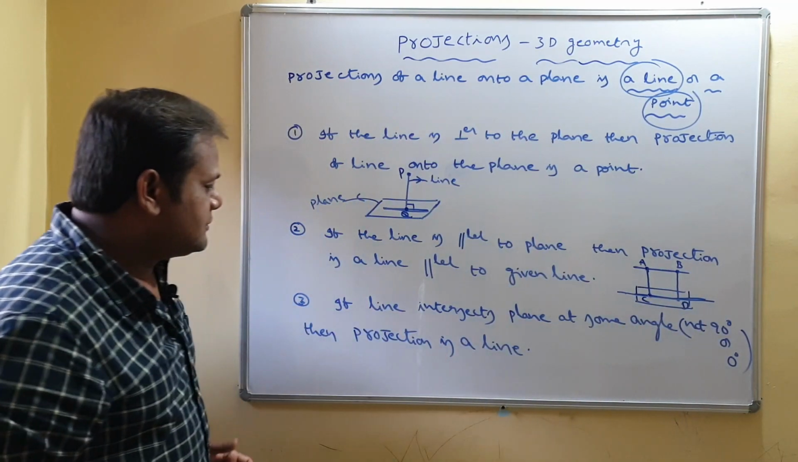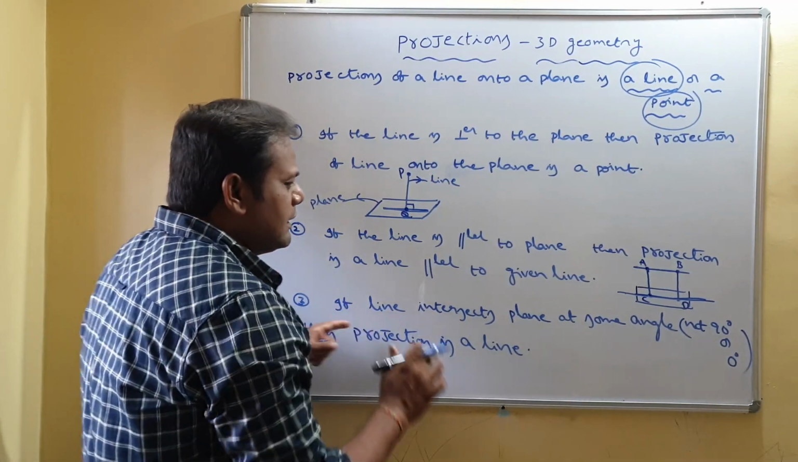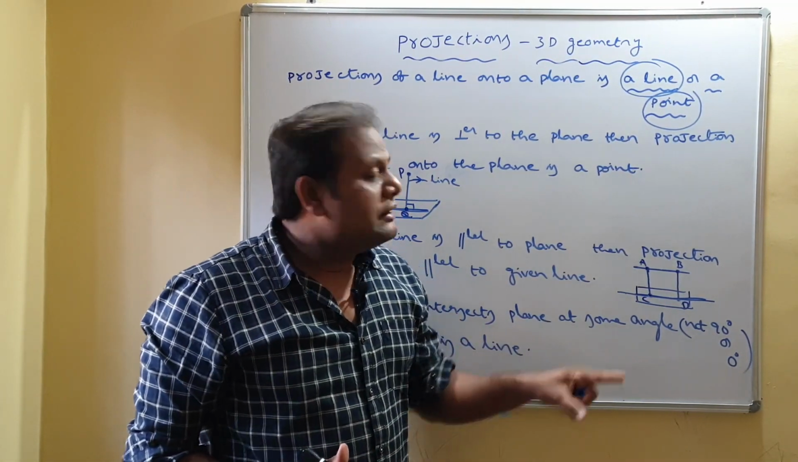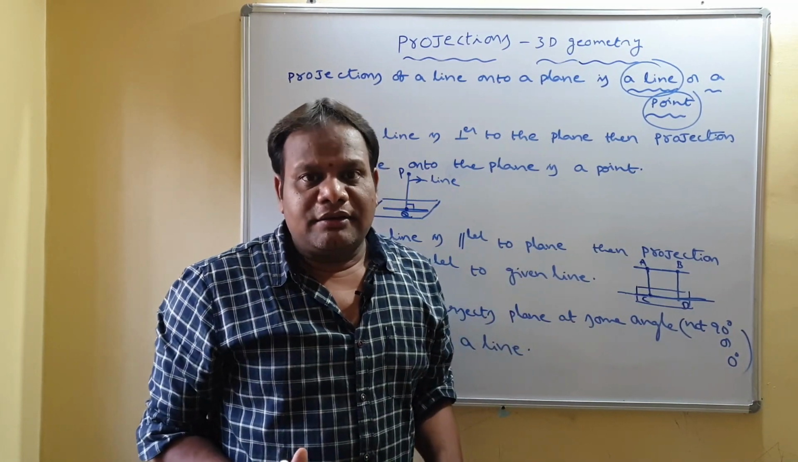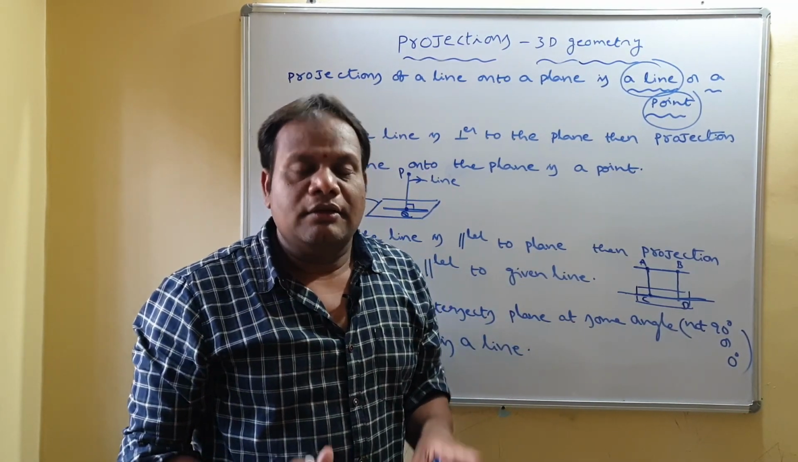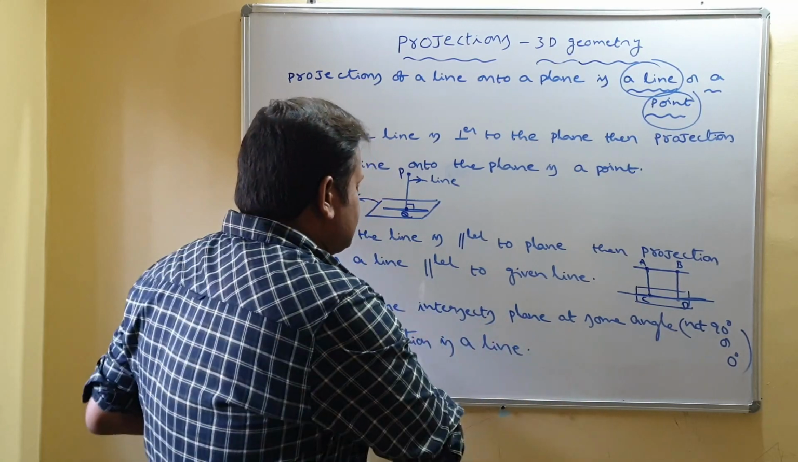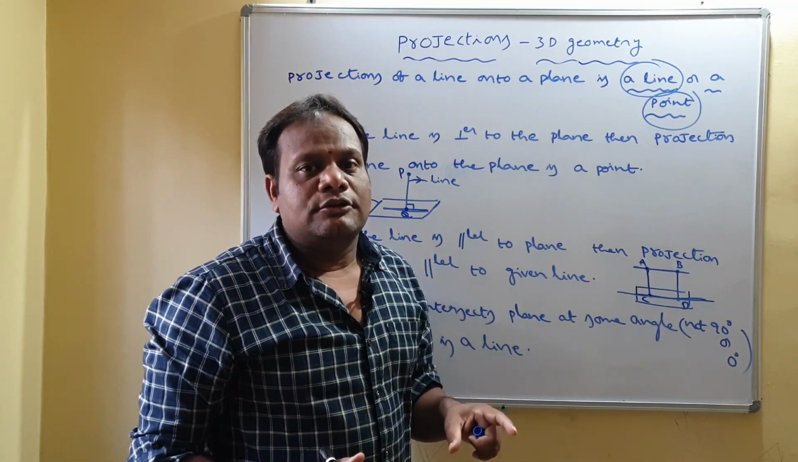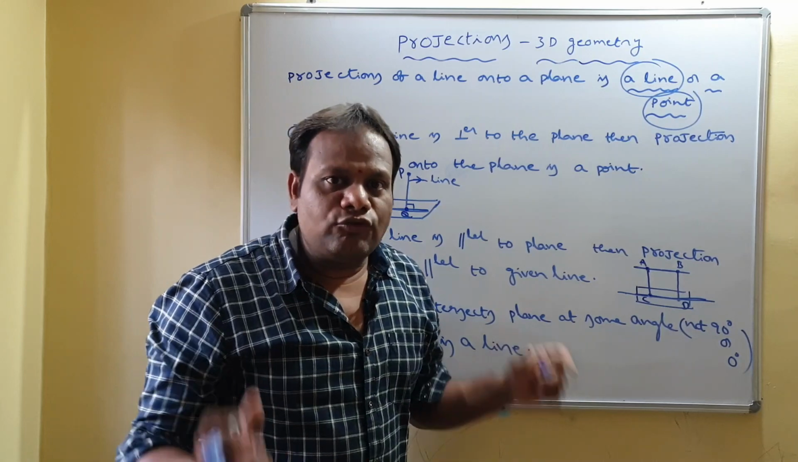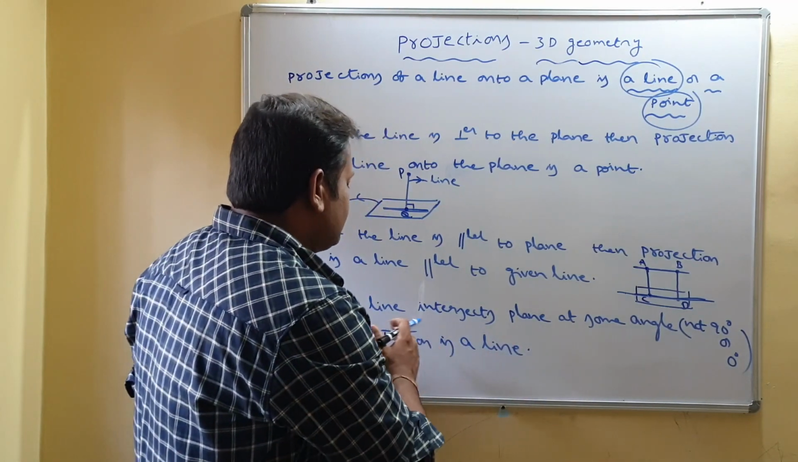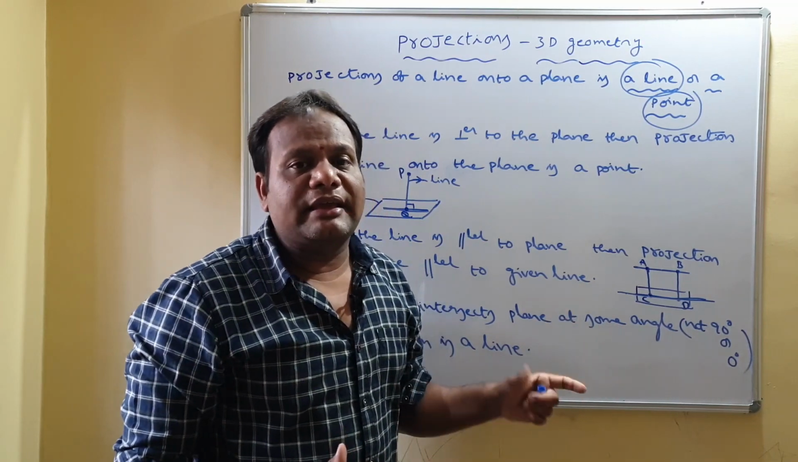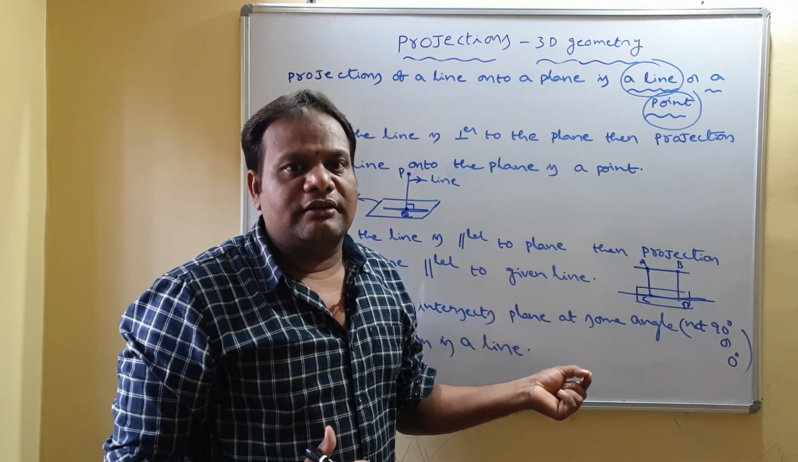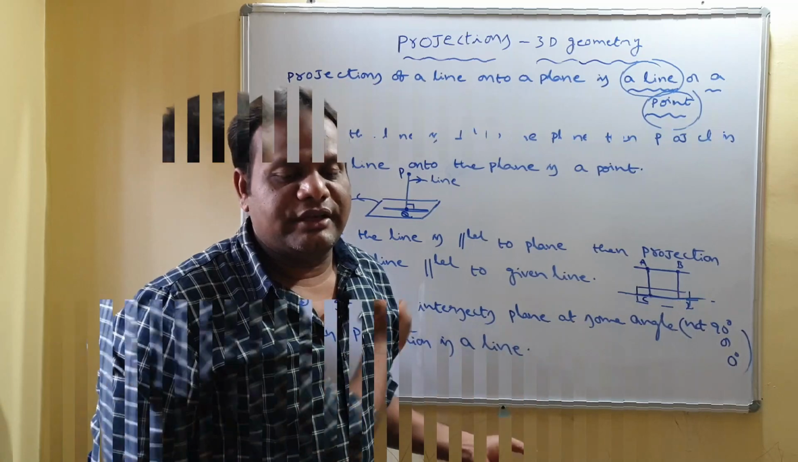Coming to the third case, if the line intersects the plane at some angle theta, now it is not perpendicular and not parallel. By that time, the projection of that line is also a line. So how to find the projection of that line which intersects the plane at some angle theta which is not 90 degrees or 0 degrees? See here,